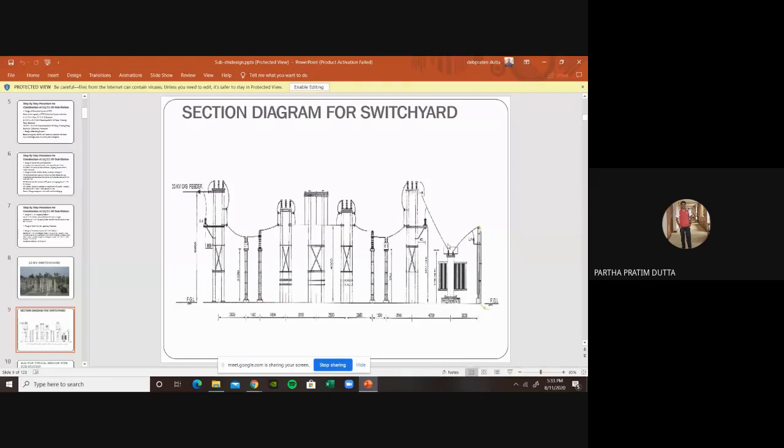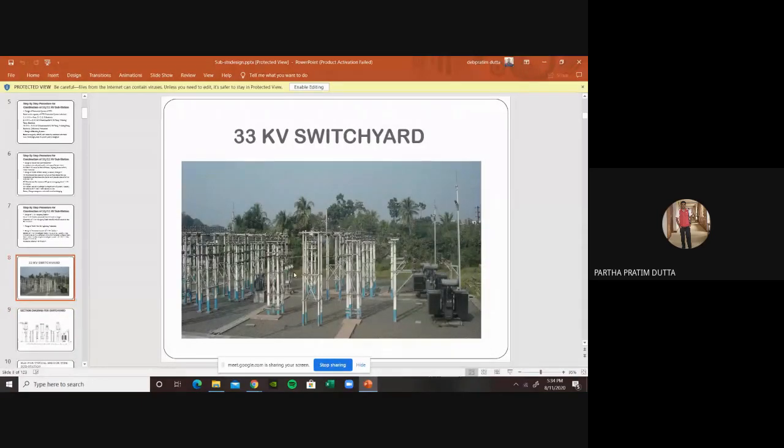So for a standard bay, 2 isolators with earth switch and 2 low level isolators and 1 bus supporter and 2 sets of VCB and CT, 2 sets of relay protection system are introduced in the standard bay of any 33 by 11 kV substation, and that is being shown over here in a practical situation. You see, that is being shown over here. It is the LA, it is the isolator, it is a station service transformer, and everything is shown over here. This is the VCB, CT, VCB over there, control unit.